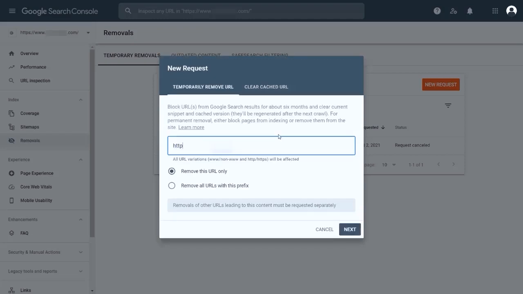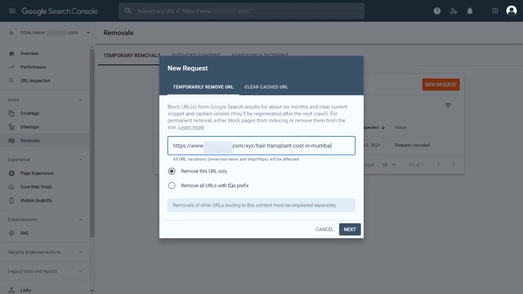For example, I'll take this URL: www.mywebsite.com/blogs/hair transplant cost in Mumbai. And below that you can see there are two more options. The first one is for removing this particular URL only.